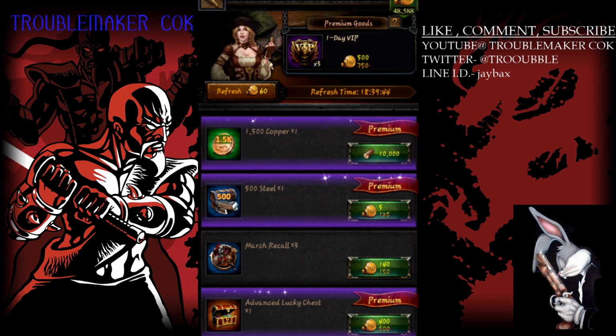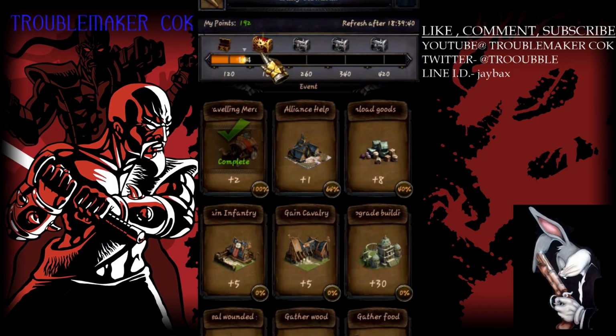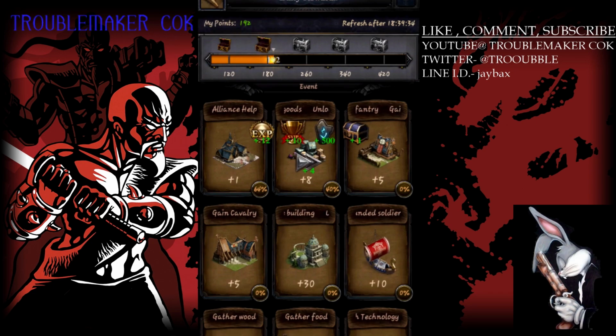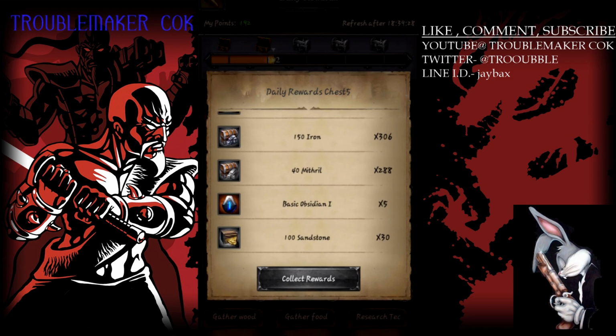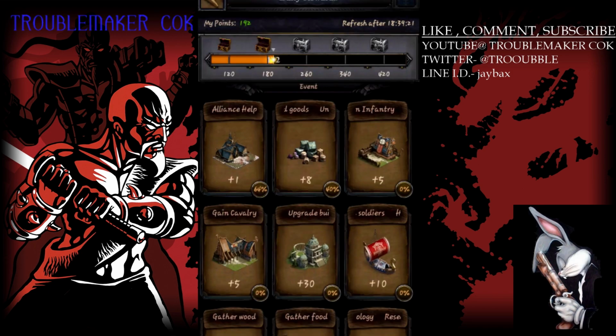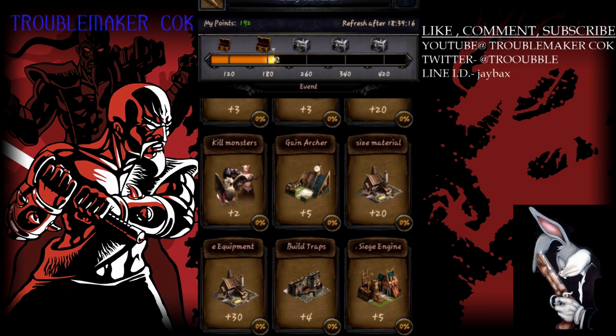All right. Now I don't really need the copper because I have like 4 million copper on the magic wheel. All right, so traveling merchant, I'm 100% done. That gave me all those VIP, SVIP points, some speed ups, and the badges. So on this is the basic obsidian, the sandstone, mithril, iron, and food and wood. So what I'm going to do is look down my list of what I have not done yet,